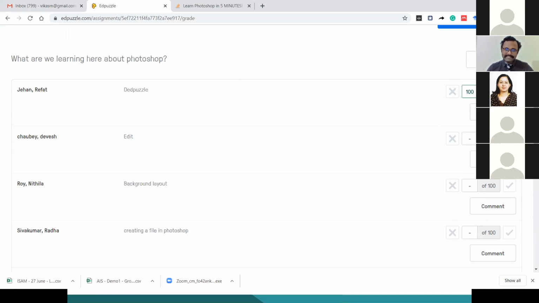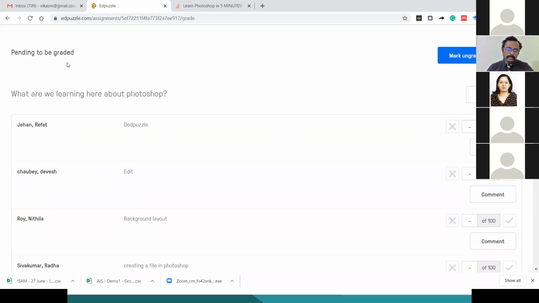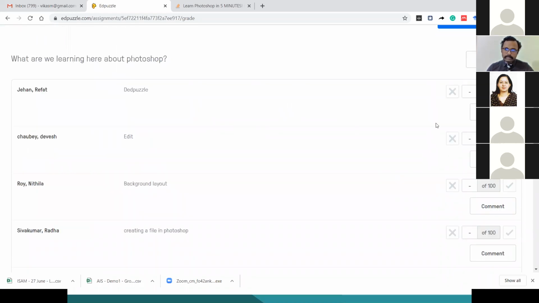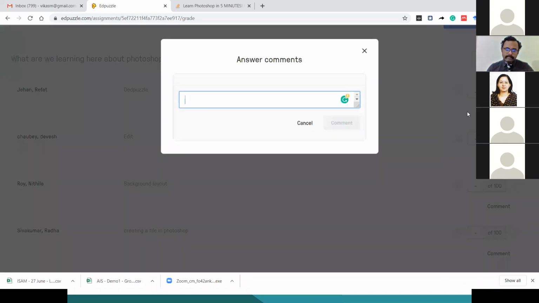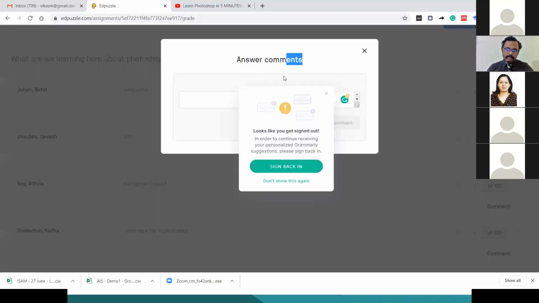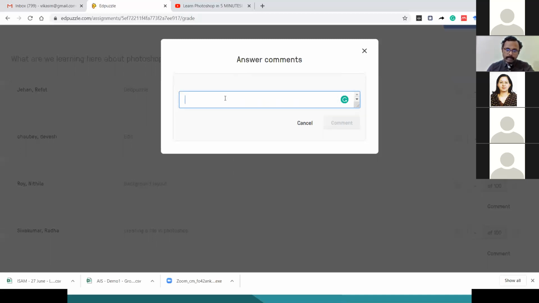Okay. See, while correcting this open-ended question, even you can provide your comments. For example, this answer. In this answer, it is written that puzzle. I will type here. The correct answer is